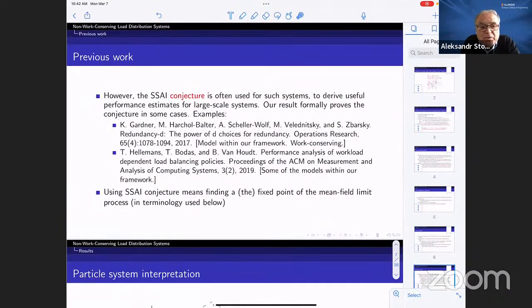The proofs there are not that many, but this ansatz conjecture is very fruitful, and it's very frequently used in the literature. I just put two papers; there are more. This is the paper which actually obtains explicit expressions for the waiting time of a job, which means the time until everything is completed and the job is done.